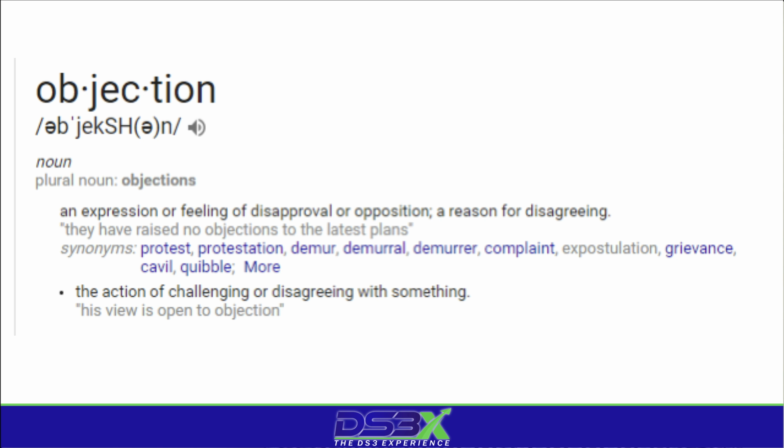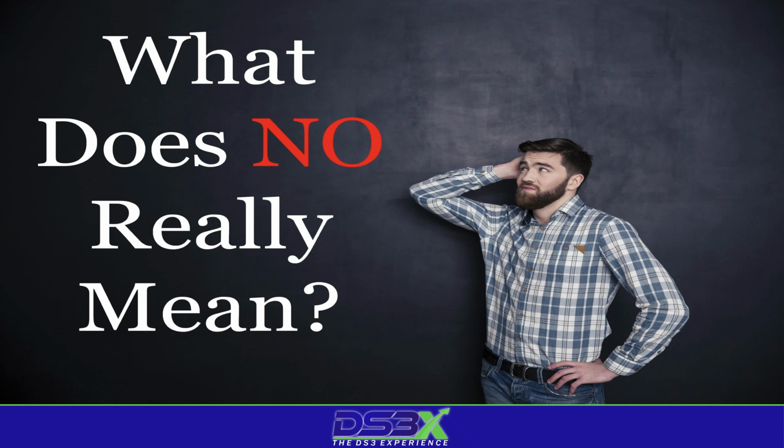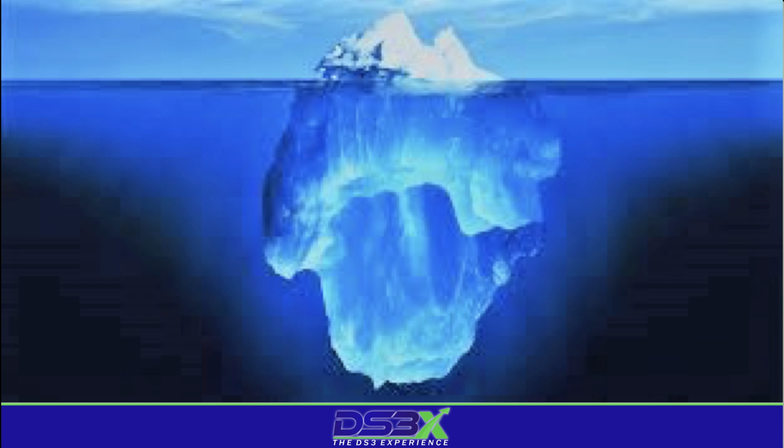First of all, what is an objection? An objection can be defined as the action of challenging or disagreeing with something. So when we think about our patients disagreeing with what we're talking about, what are they really saying? Are they saying they don't want to be healthy? Are they saying they don't want to breathe better at night? Are they saying that they don't care if they're going to have a heart attack or a stroke at night? Oftentimes what they're saying is just the tip of the iceberg. It's what's at the top and what they're saying to you, when really the meaning of why they're objecting is underneath. And we have to dig deeper to be able to challenge these patients when they have objections.